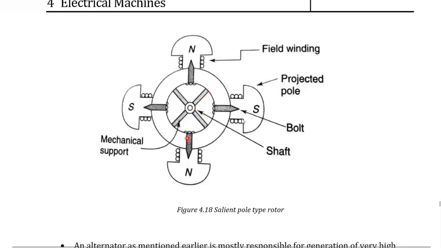In hydropower plants, salient pole type rotors or generators are used. Understood? This concept regarding the